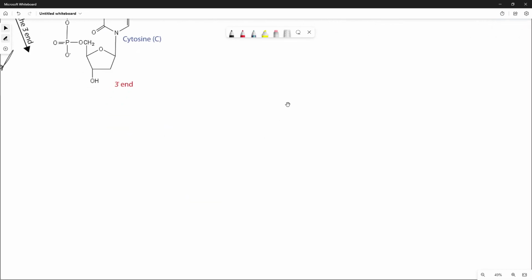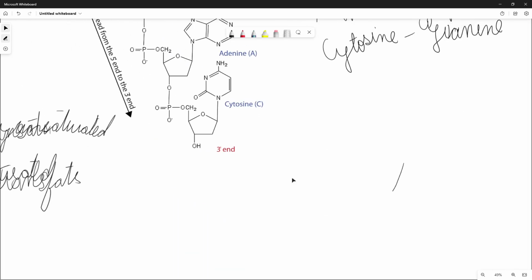Now we move on to RNA. RNA is basically the same as DNA, with one of the key differences being that RNA is single-stranded. That means it runs like this. There's no complementary strand attached to it. One more difference is